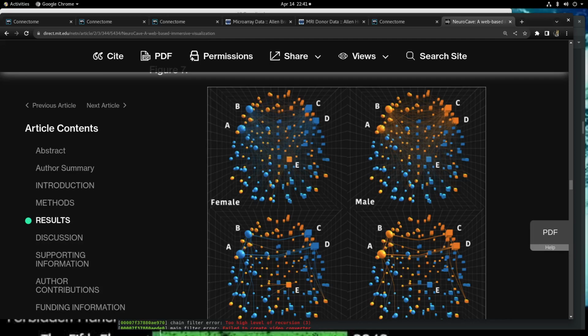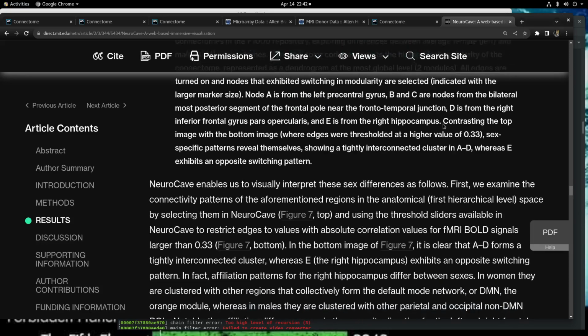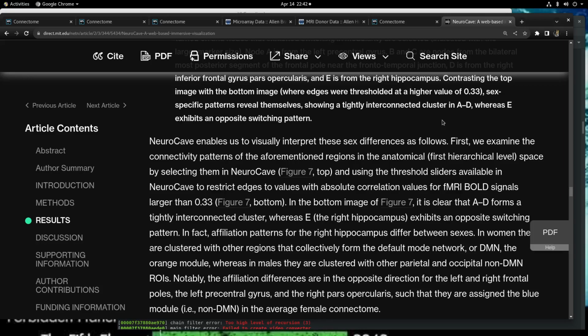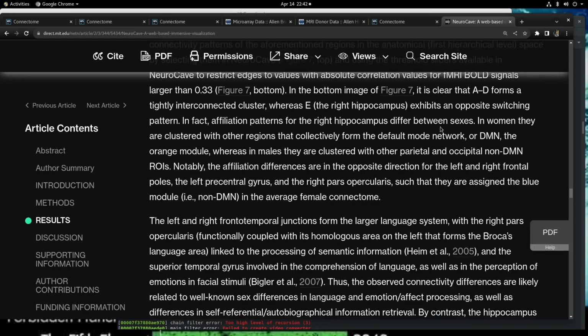self-referential/autobiographical information retrieval. By contrast, the hippocampus is known to play an important role in the formation of new memory, retrieval of declarative long-term memory, and the management and processing of spatial and spatiotemporal working memory. The modular affinity between the right hippocampus and other non-DMN regions in the parietal and occipital lobes in men may thus be related to their postulated advantage in visuospatial tasks, including spatial visualization, perception, and mental rotation. Lin and Peterson, 1985. The visual system is heavily composed of the occipital lobe, which is responsible for first-level visual